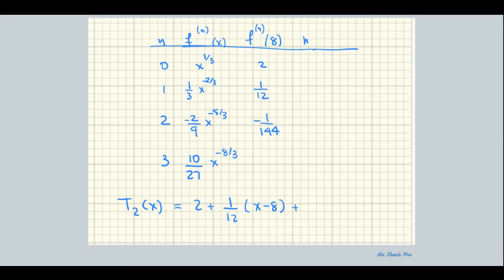F_n(8) over n factorial. See? There we go. That doesn't make a difference for the first one because 0 factorial is 1. Doesn't make a difference for C1 because 1 factorial is 1. This time, though, because I'm dealing with a second factorial and 2 factorial is 2, this makes my C2 negative